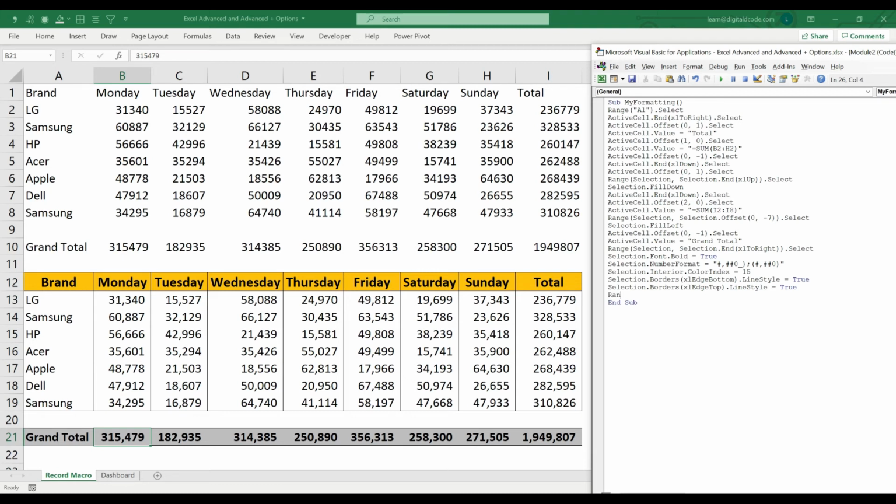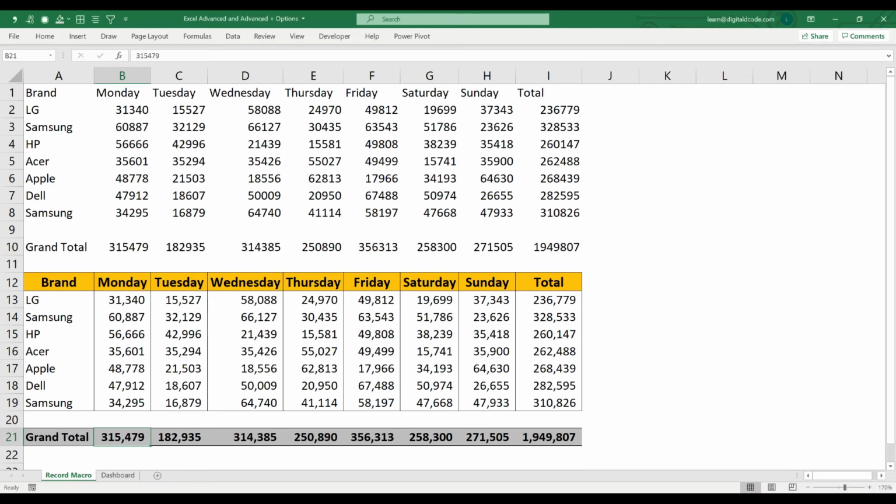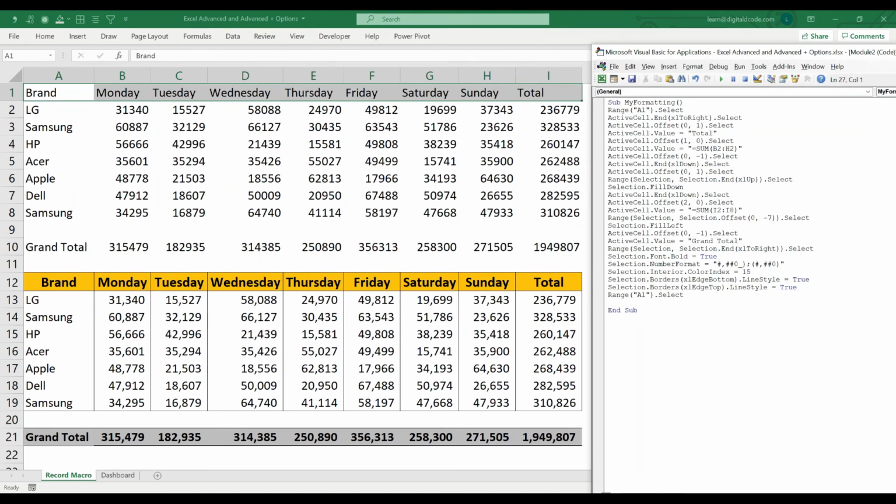Let's go to range A1 again. Select and then select the entire first row. Selection comma selection dot end excel to right.